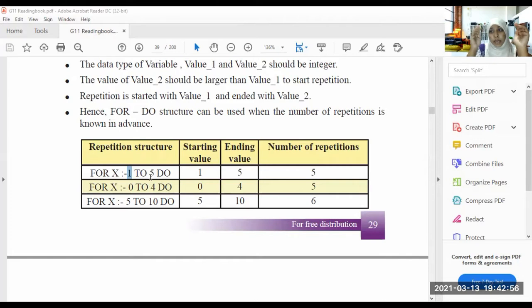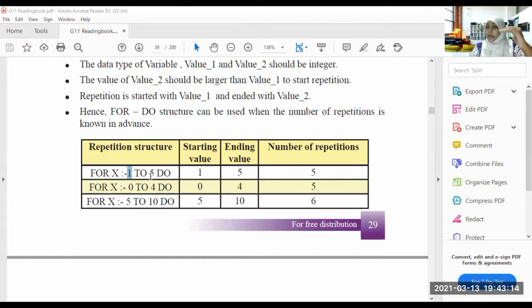Okay. A question will be coming from this part. There will be a question from this part. So you should understand this repetition structure.